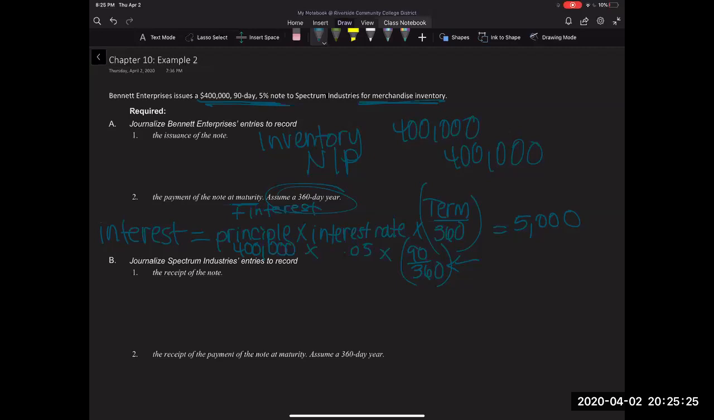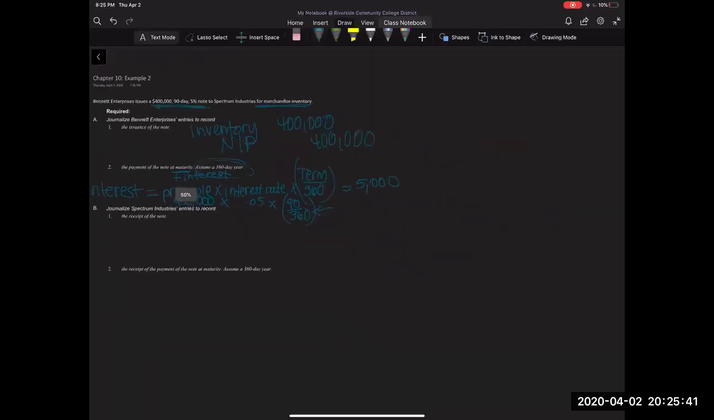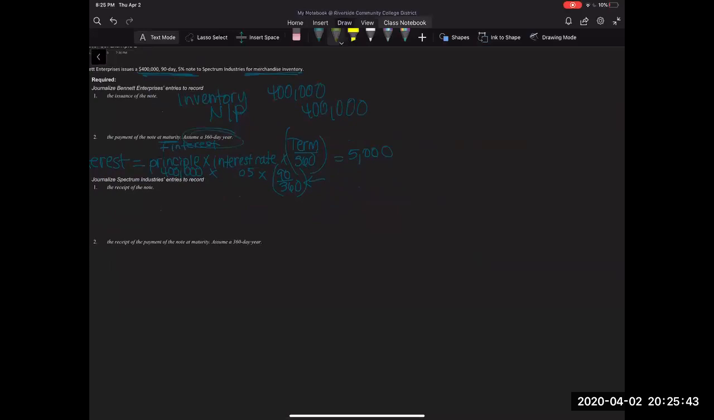All right, so with that, now what we're going to do is capture what the journal entry looks like at maturity now that we know interest, okay? So to do that, I am going to make my screen just a tad bit smaller so we can capture this. And so to do the journal entry at maturity, we're gonna do notes payable because we're paying out